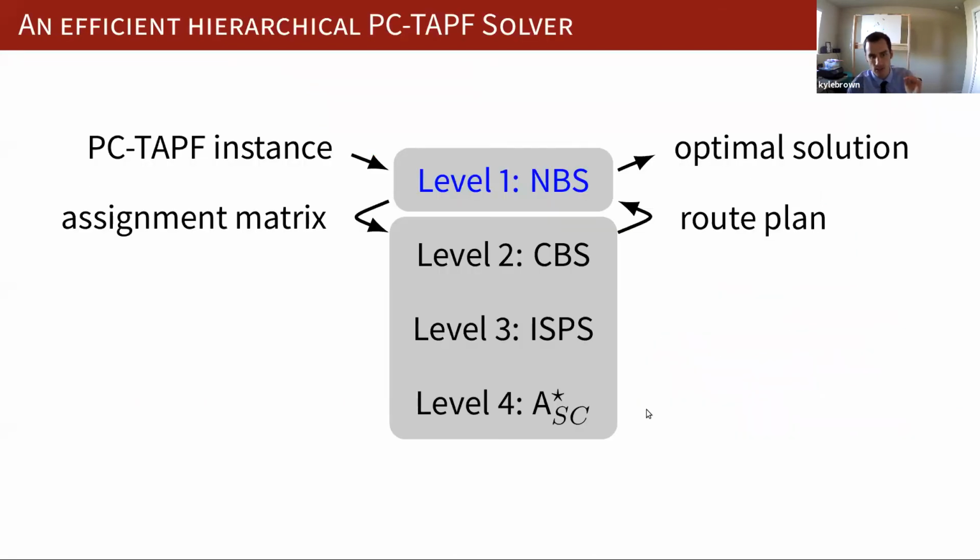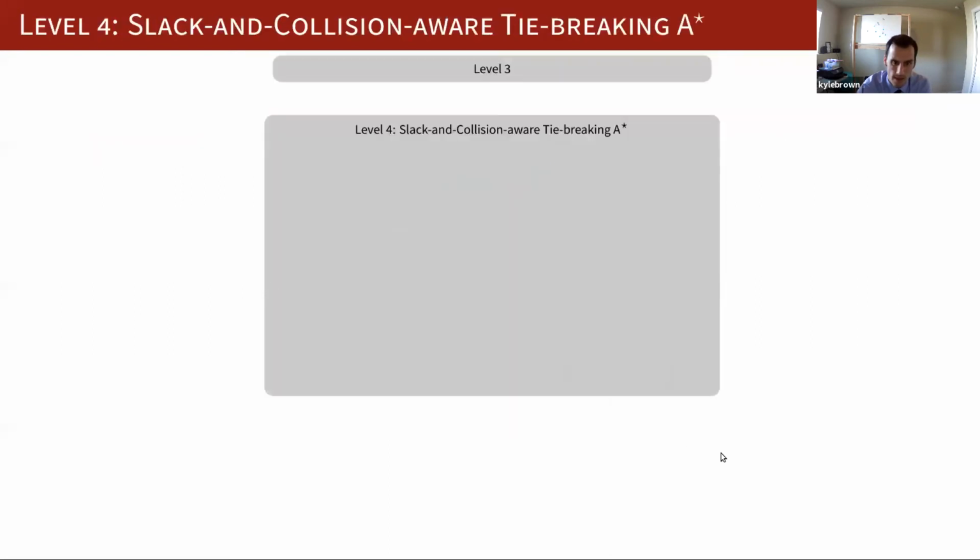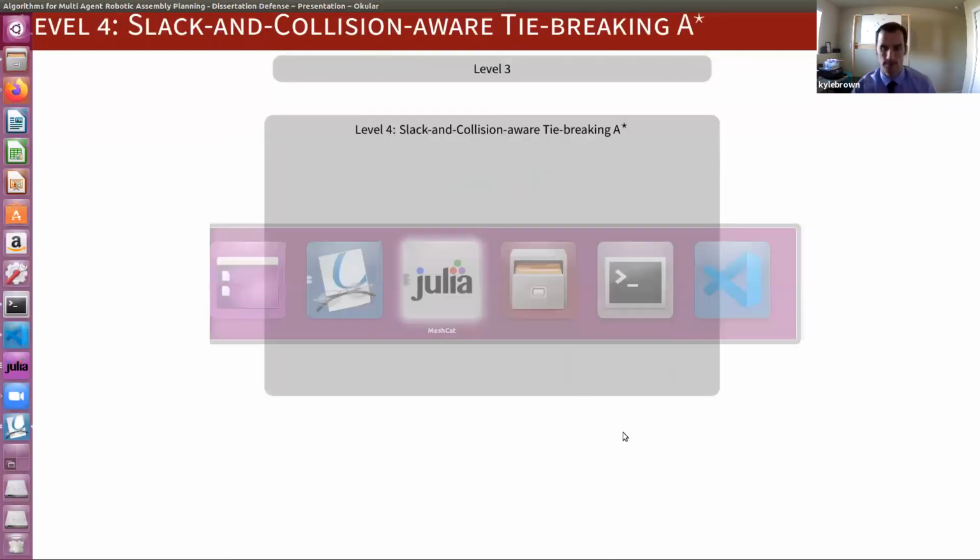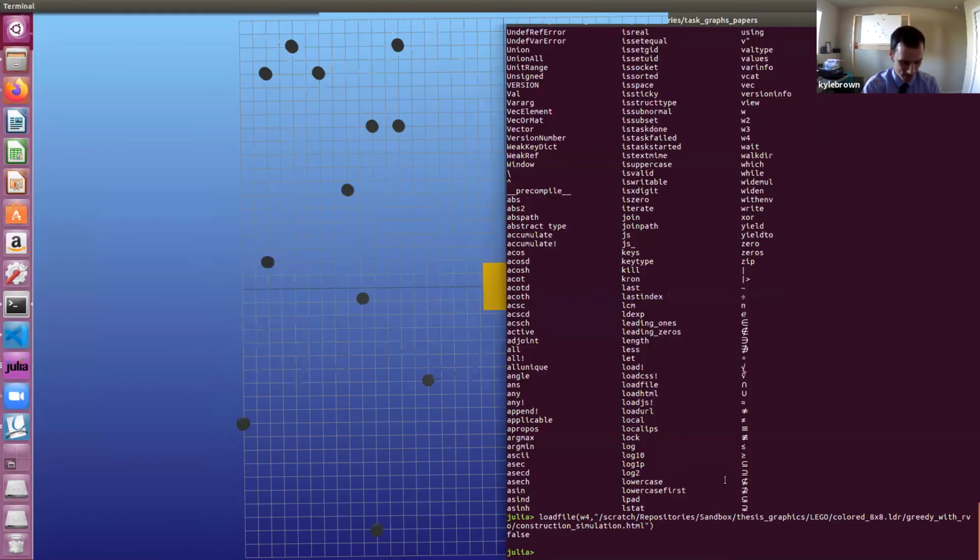So I've just described what happens in level 1 as part of the task assignment that's passed down to the route planner. Now I'm going to jump down to the final level of the route planner to describe what I think is the secret sauce, the secret element of our route planner that makes it so efficient at avoiding collisions. So to do that, I am just realizing that I forgot to load